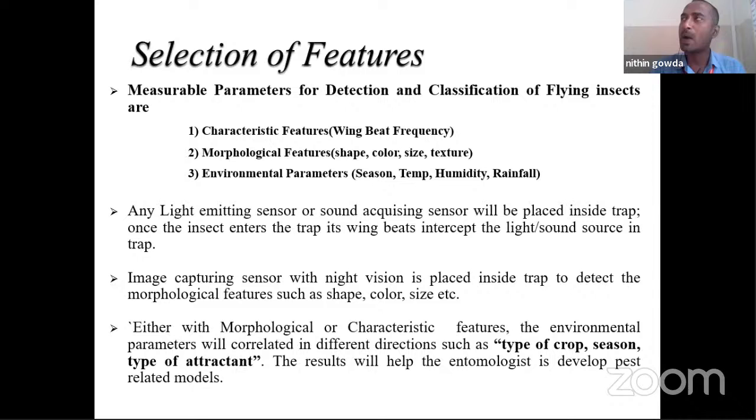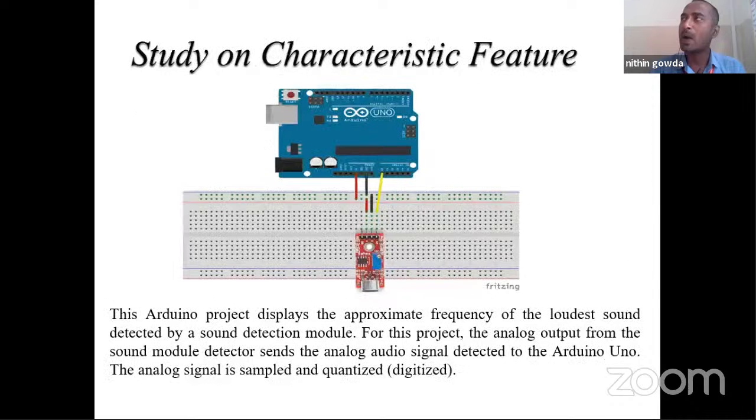Okay, this is a simple study on characteristic feature, how it's going to recognize. Please observe. Here I have three things present in my slide: one is Arduino, the other one is a microphone, and a breadboard. Please observe, whenever the insect passes in front of the sound module or the microphone, it's going to